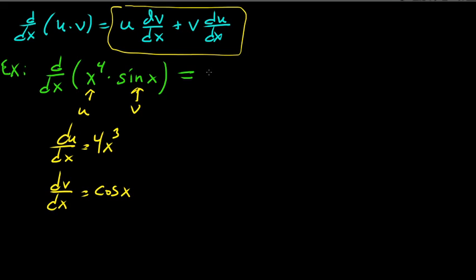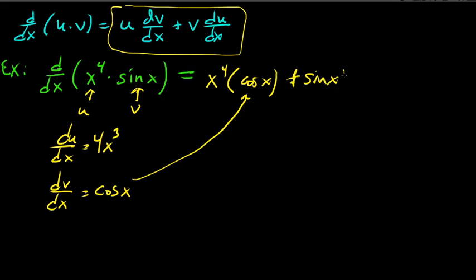Now we can write essentially u times dv. So u is x to the fourth, and then the derivative of v, which we did down here, is cosine of x, plus, sorry, that's a plus. v is sine of x, and then the derivative of u is this, that's the 4x cubed. Okay, and I didn't need this whole arrow here. Anyways, so that's the derivative,